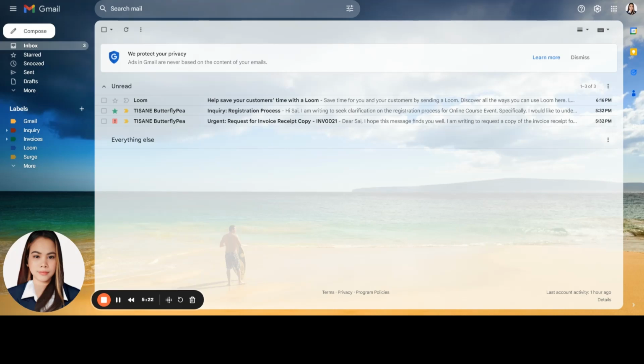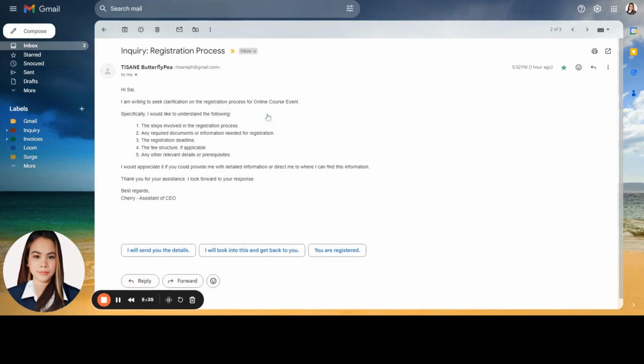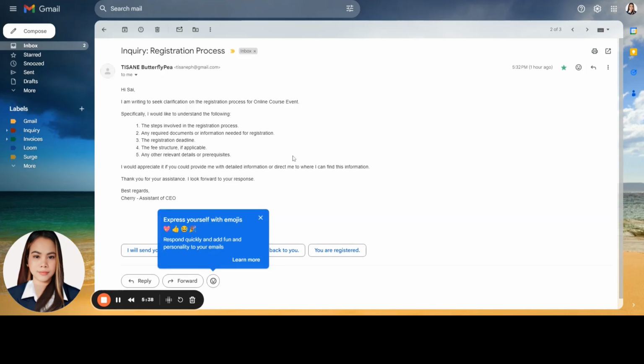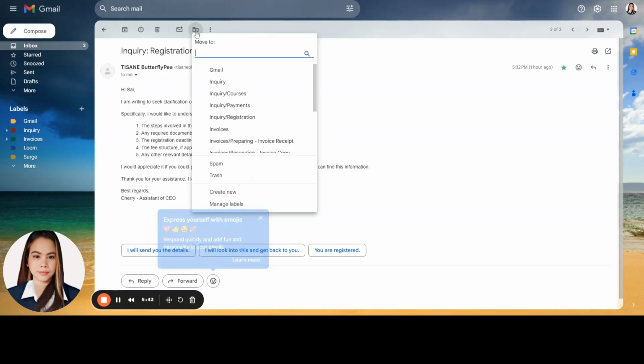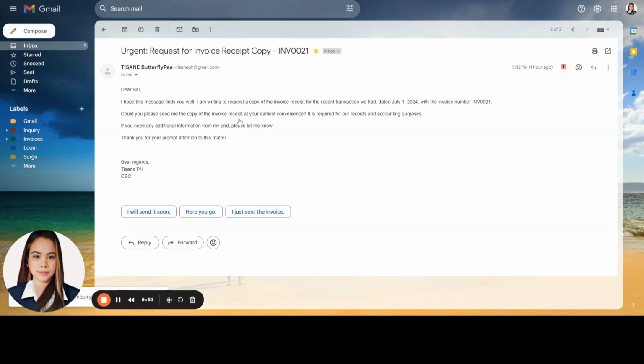And after labeling, or using the Eisenhower matrix, we can now proceed with organizing our emails into different folders. For example, for this type of email inquiry, since it's about registration, we can move this email to our registration folder. So here we move it under this inquiry registration. So just put it there.